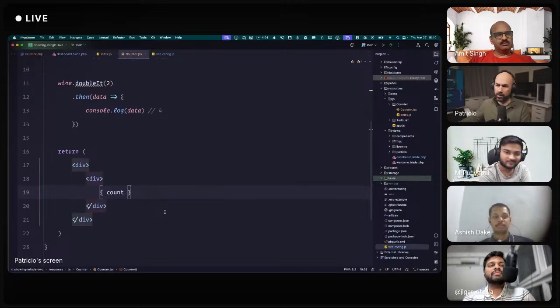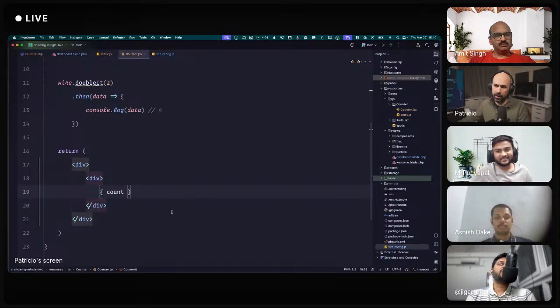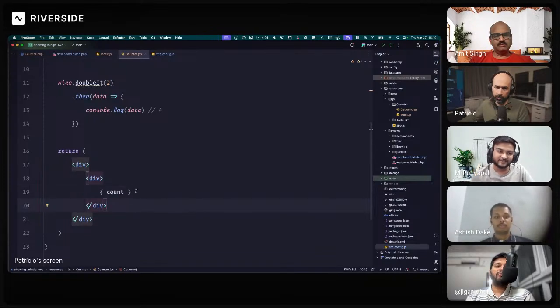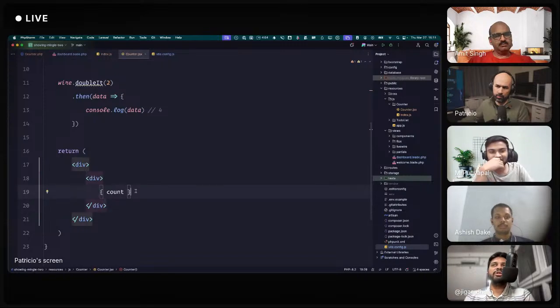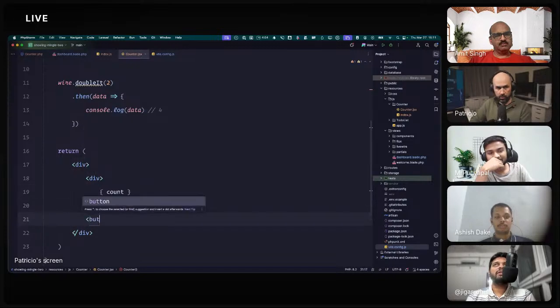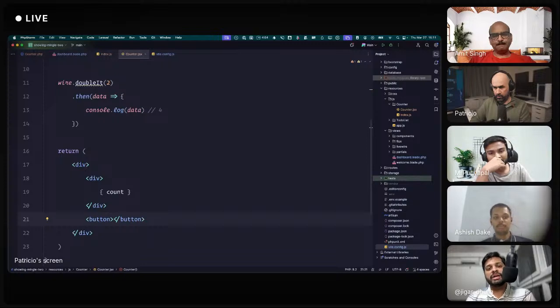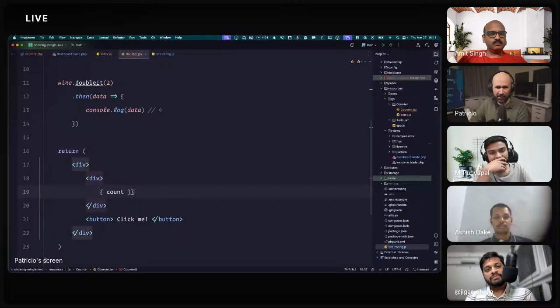Come again, please. You're speaking to me? Yes. So what I am looking forward to is, when you press a plus button, I want to take a look at a DD output of the Livewire component property. It should be on the backend, you mean? On the backend, yes. Okay, so let's go with click me. I'm not proficient in JSX. I'm even thinking if it should be double or single curly brace. So bear with me. We don't need a class for now, I think, do we?